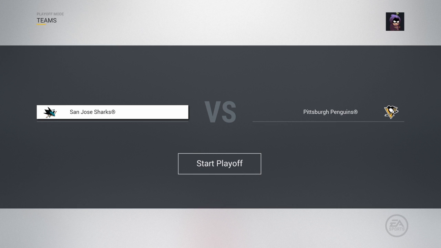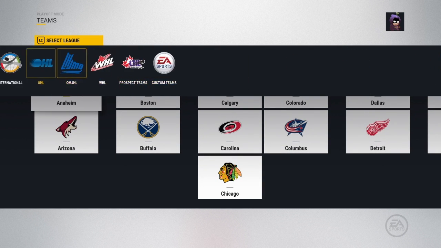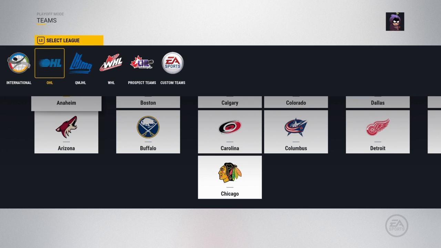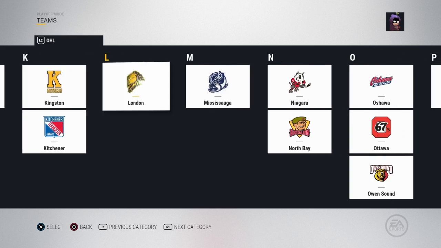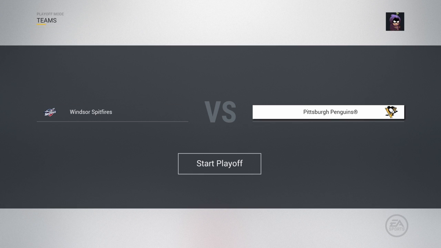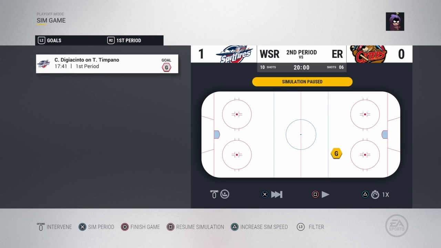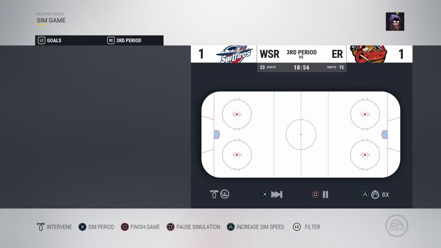Now, because Erie beat Windsor in the round-robin matchup in the very first round, Erie is technically going to be the home team. Even though we're on Windsor ice, Erie is the home team for this game. So Windsor needs you to come up big and win another one for us. And here we go. After the first period, it's a 1-0 game. DG Ascento, my boy, gets it. Second period, it's 1-1 as Radish ties it up. All right, this is a big third period. Again, the winner goes on to play St. John's for the Memorial Cup. So this is a big third period.